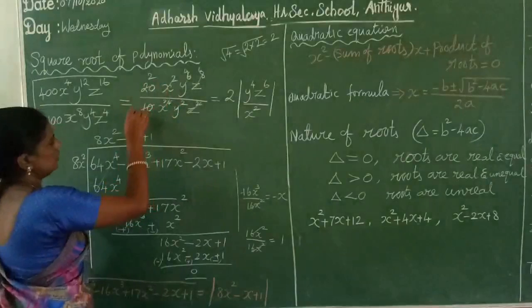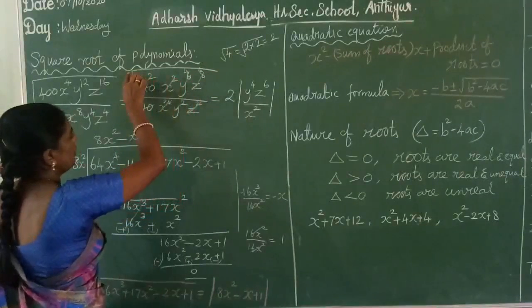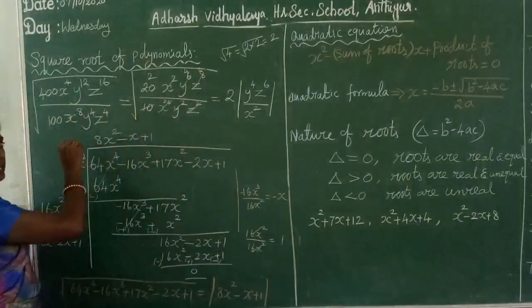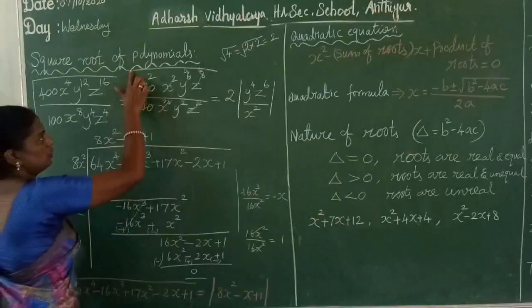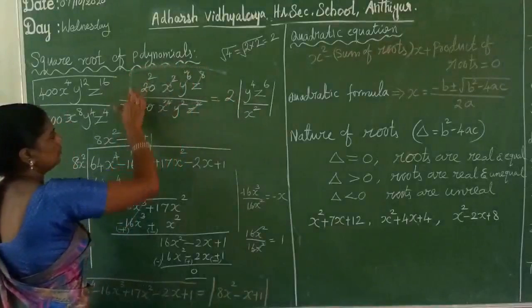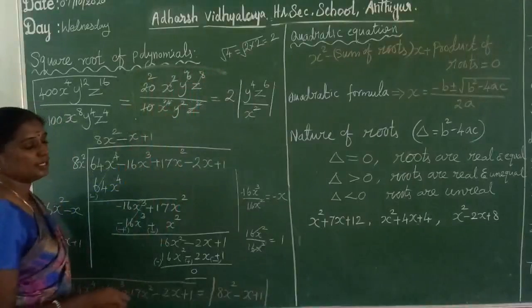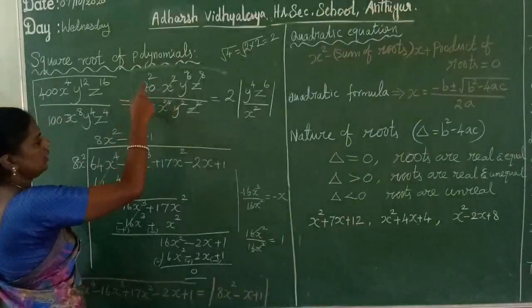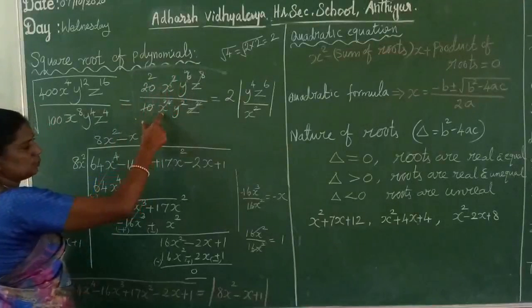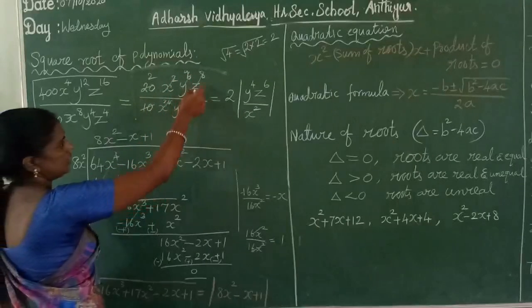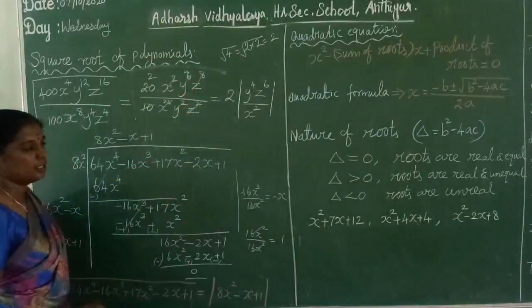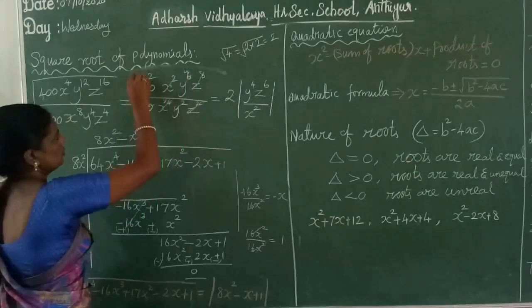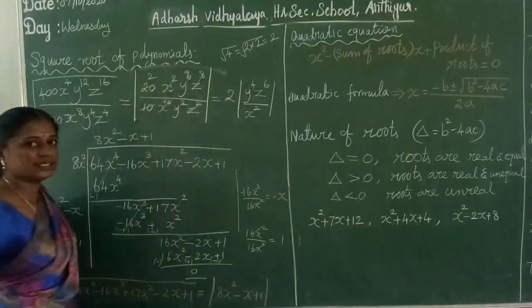And again you simplify. So here, the square root of the given number you have already found, so no need to put the square root symbol. Do these steps carefully. Maximum of the students, when they work it out, put the square root symbol at that time. So do carefully. Square root of this, only the answer we write. So 20 by 10, x square by x power 4, y power 6 by y square, z power 8 by z square. This answer you want to write in modulus. Don't put the square root. So write in modulus. Is it clear?